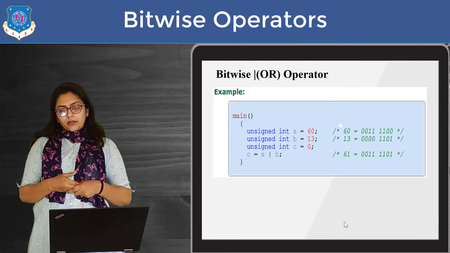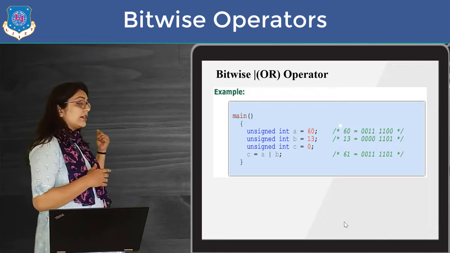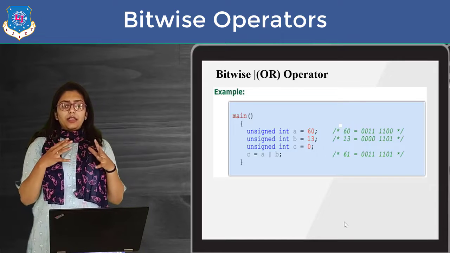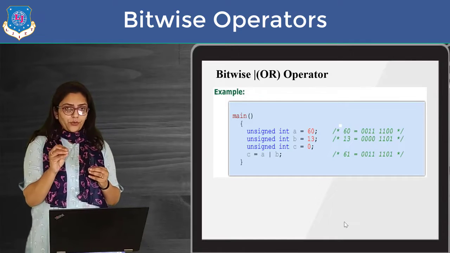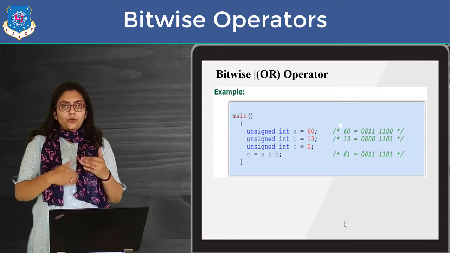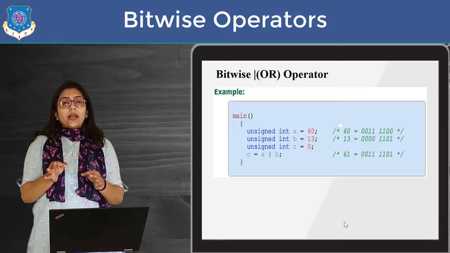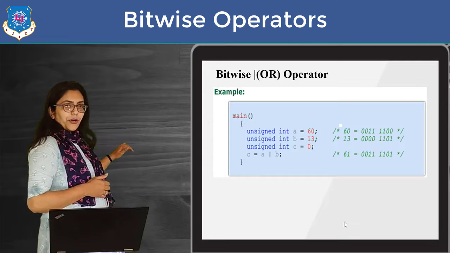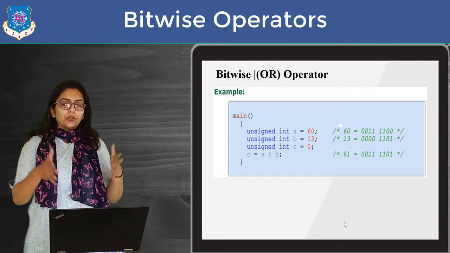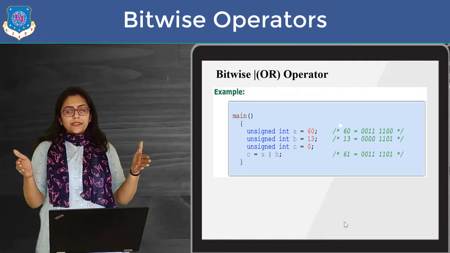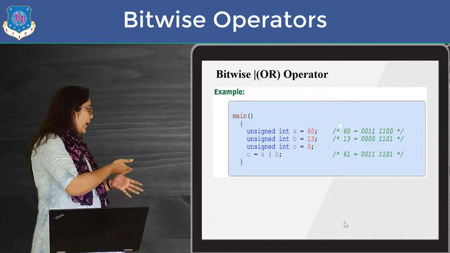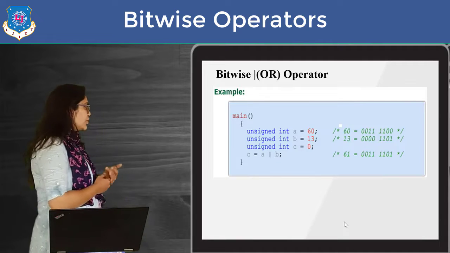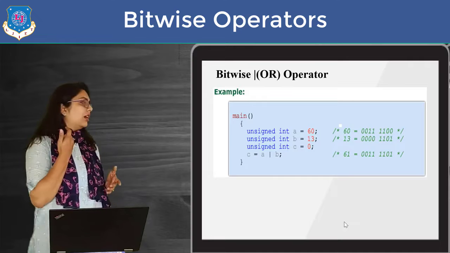be used in practice. So you can see I have taken similar unsigned numbers A, B and C, and here I have initialized C as 0. Don't confuse this, that I am doing some kind of initialization in the result. You can initialize the result, but whenever you are performing any operation, this result will be overwritten. So by default, in the box of C, I am putting 0. Later, when it is evaluated by the expression, it will be replaced with the resultant value, right? So the initialization of C is optional over here.